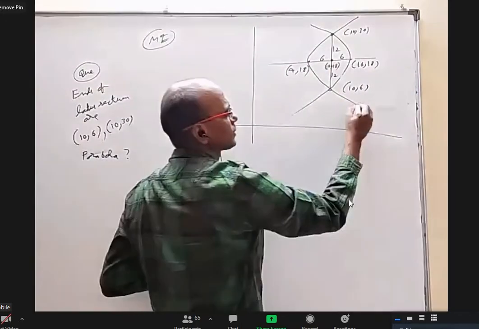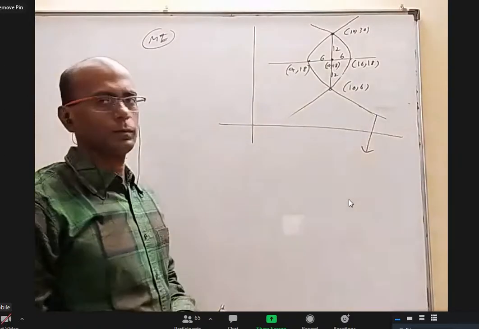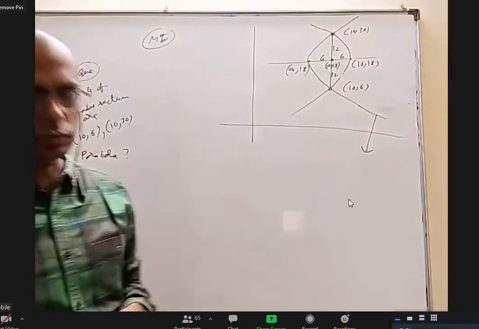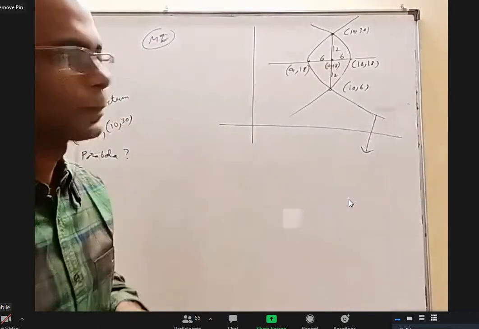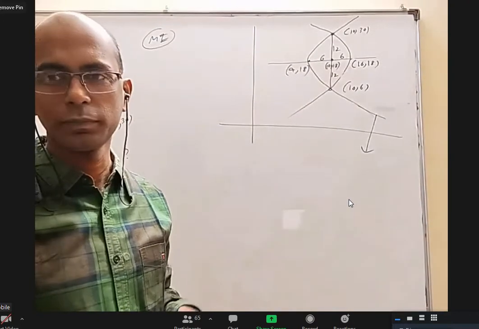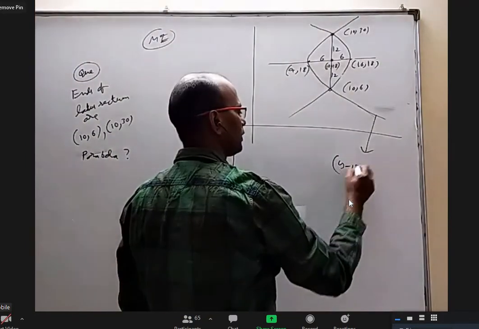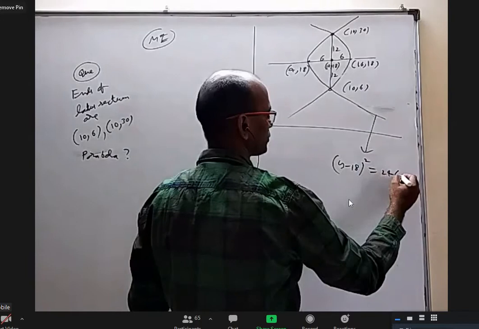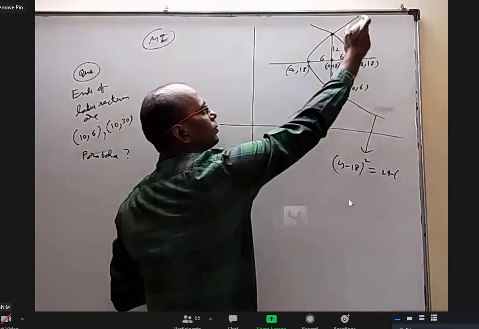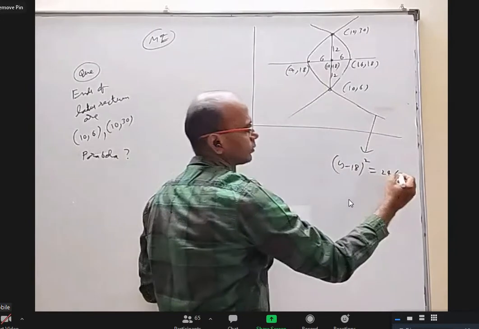Opening towards the right, what will be the equation of that parabola? Horizontal parabola with vertex known, length of latus rectum known. So what is the parabola? Anybody? Nitin, you completed, right? Why don't you tell? Yes, sir. (y minus 18) whole square is equal to 24 times (x minus 4). Is it x minus 16? No, this is like this, right? Yes, sir. x minus 4 only.